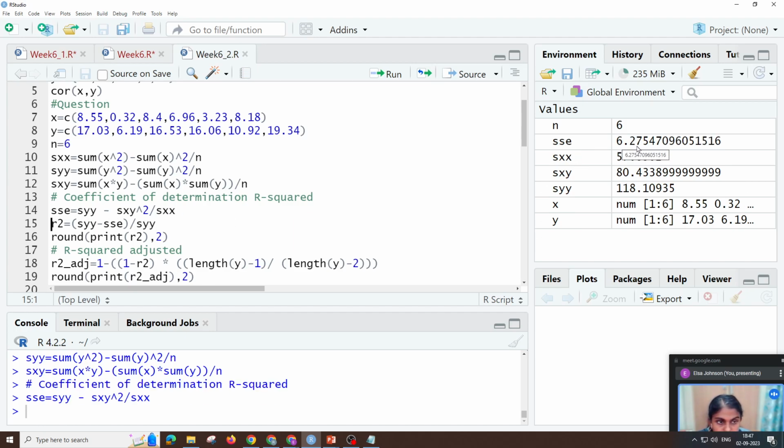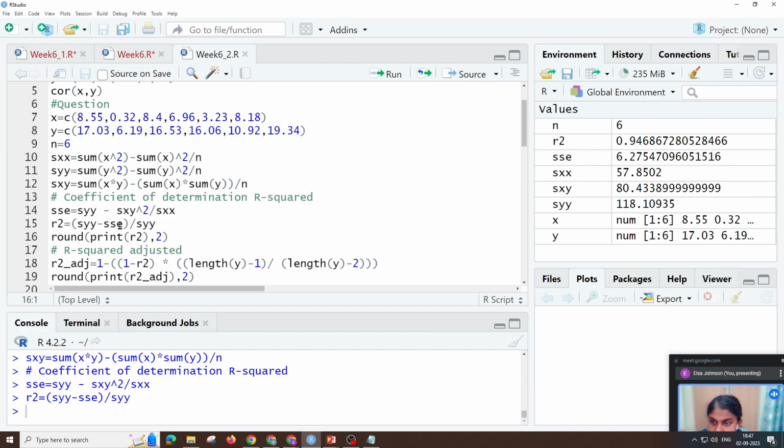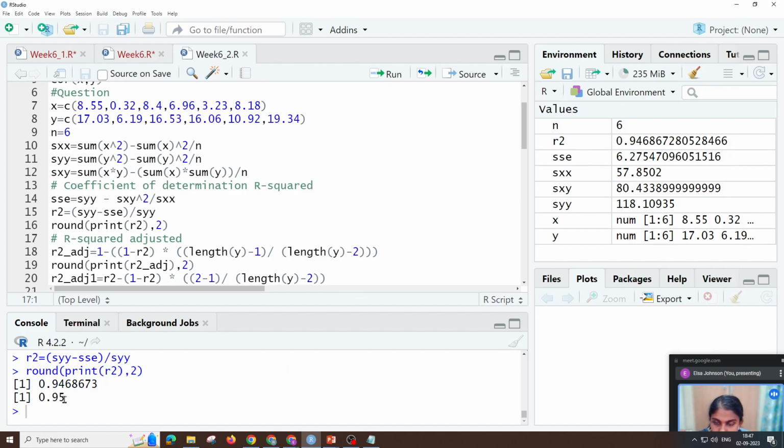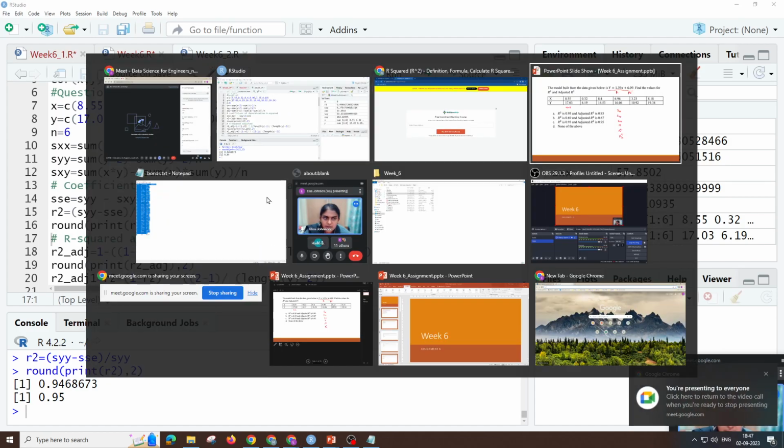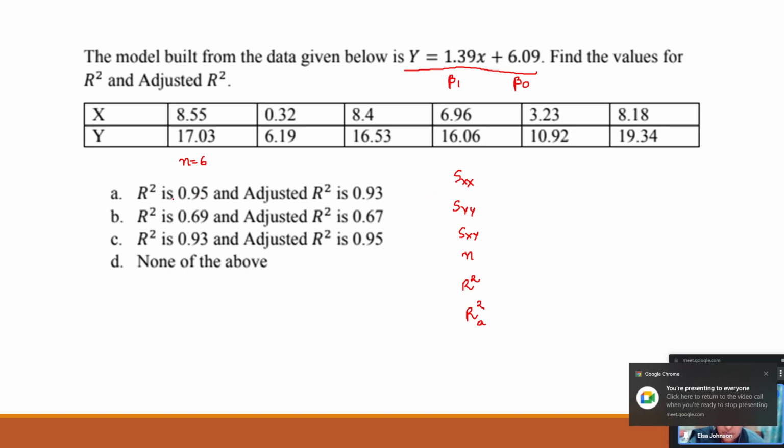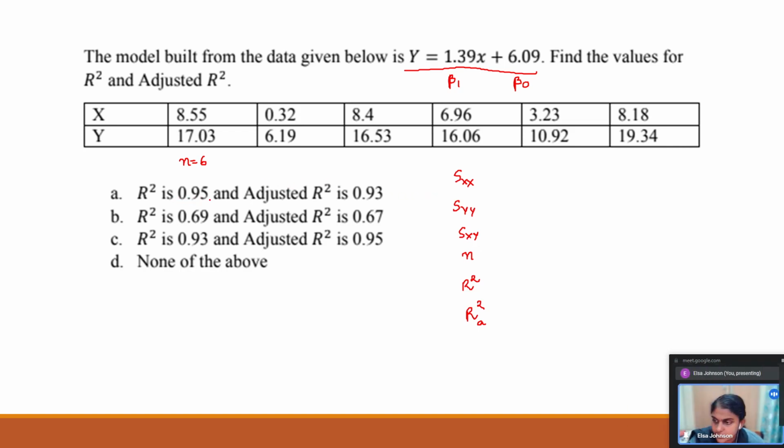So SSC is 6.27. Then SYY minus SSC divided by SYY will give you, so SYY minus SSC will be like SSR, okay, divided by SYY will give you the R squared value like this one, and if you round it up to 2 decimals you are getting like 0.95. Okay, so here you will get the R squared value is 0.95, and the adjusted R square value